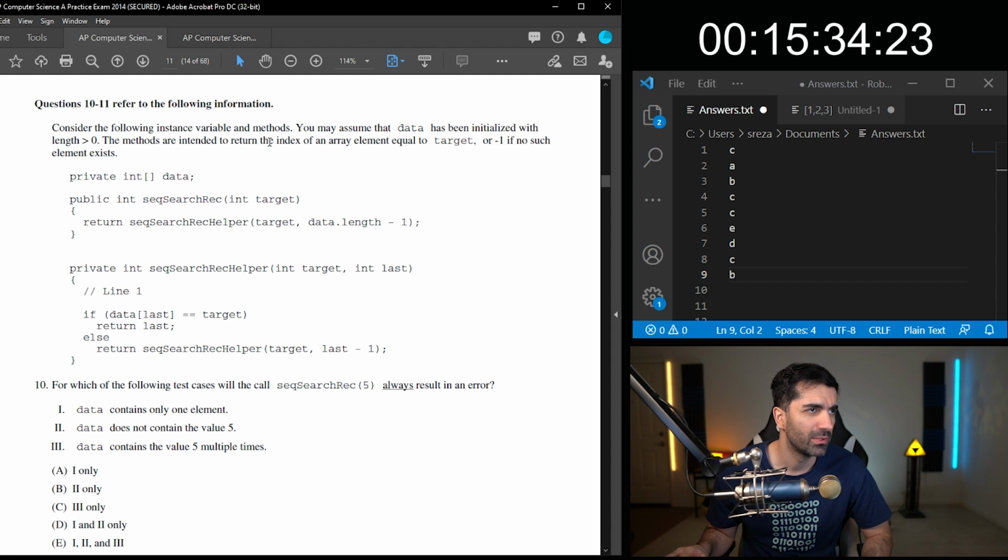The methods are intended to return the index of an array element equal to target, or -1 if no such element exists. Okay, this is, all right, I'm just going to see what it's asking for. For which of the following test cases will the call seekSearchRec 5 always result in an error? Okay. So we have this array.